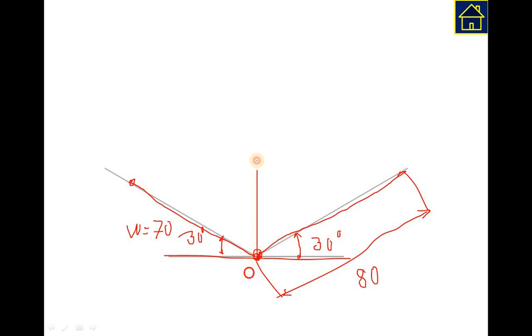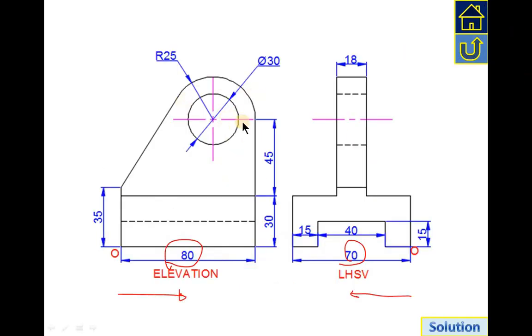So you'll draw here height, and you know height is how much? It is 100 mm, which again you can see in your figure here. This is the height, here 30 mm, this is 30 mm, this is 40 mm up to center line, and then from this radius is 25. So 25 plus 45 plus 30, that is 100.